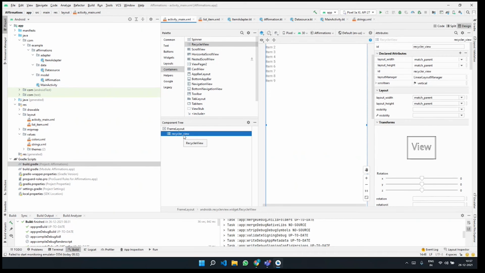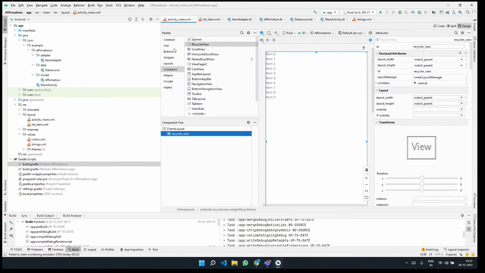And in the recycler view, we also saw what recycler view is all about, and we had discussed some important components, like any other basic component.